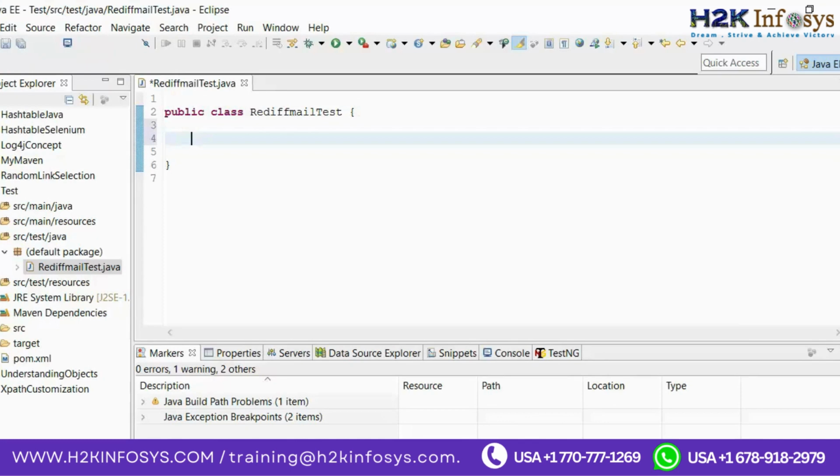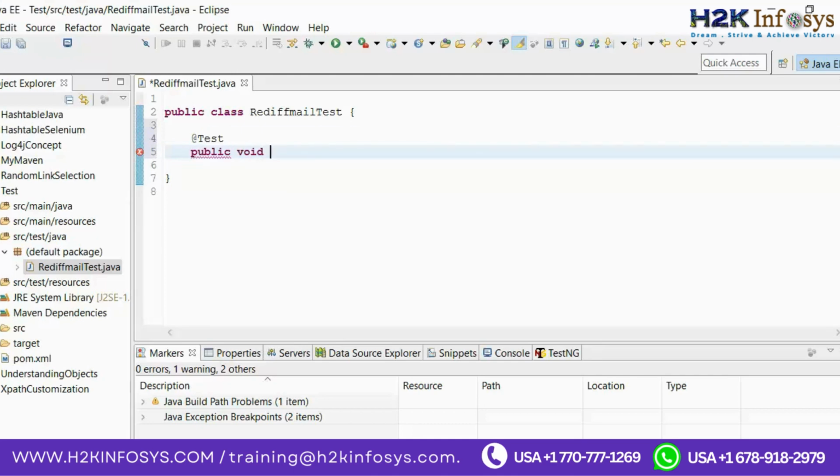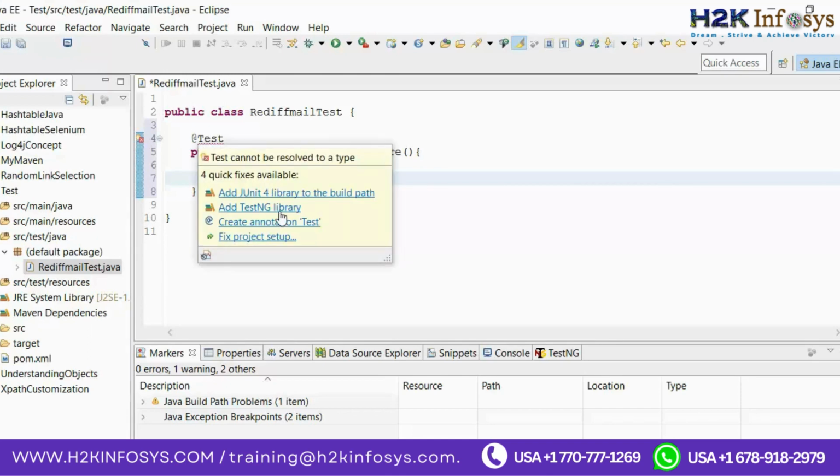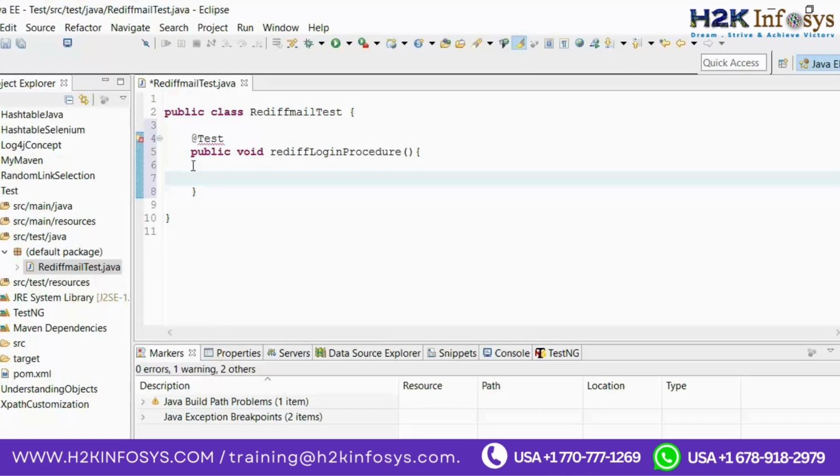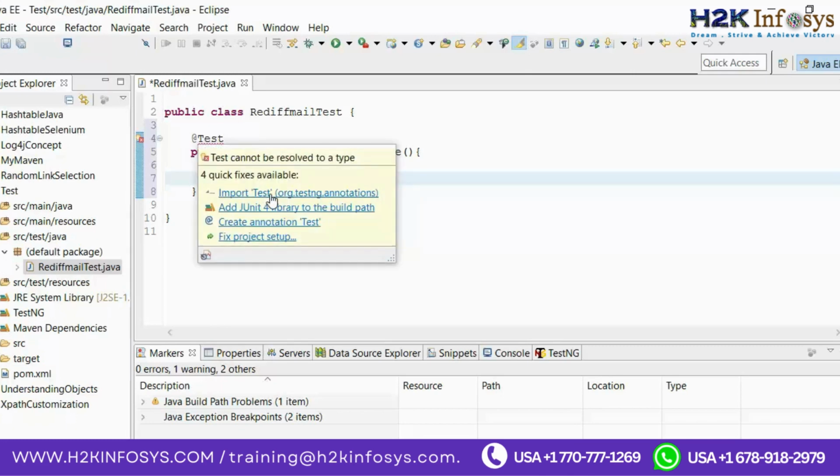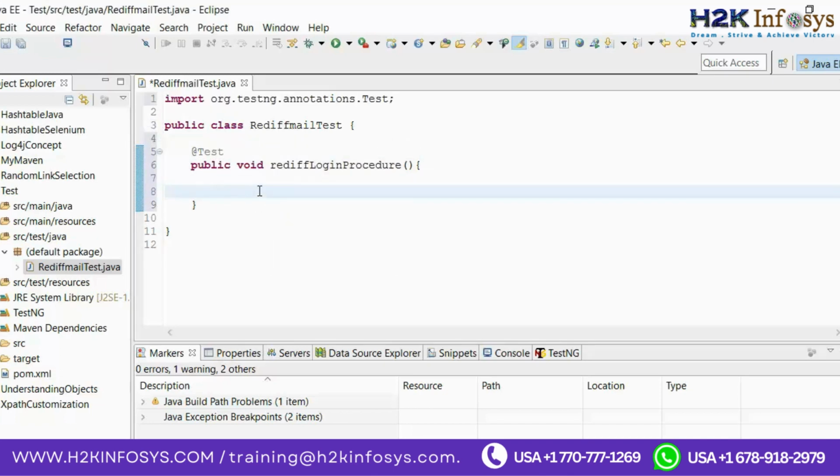Out here I'm going to create a new test annotation method, and I'm going to call it, let's say, Rediff login procedure. Import the test annotation method from your TestNG library. So first you have to add TestNG, and then you can import the Test annotation from the TestNG package. Okay, after that we can use